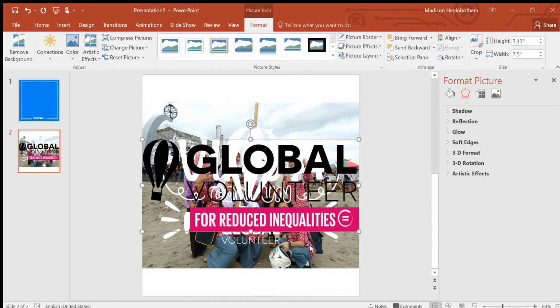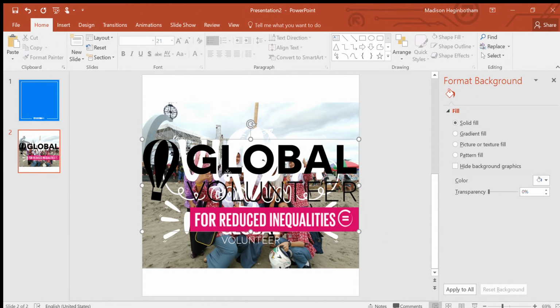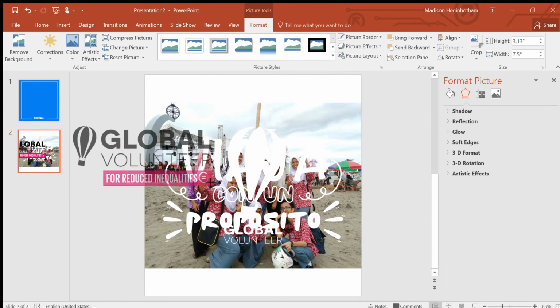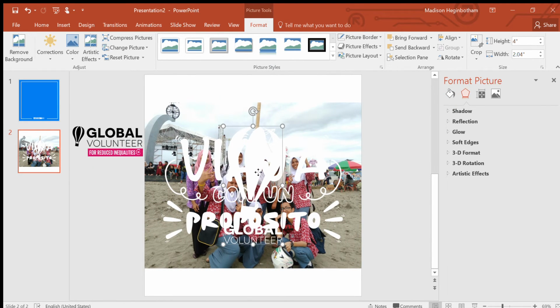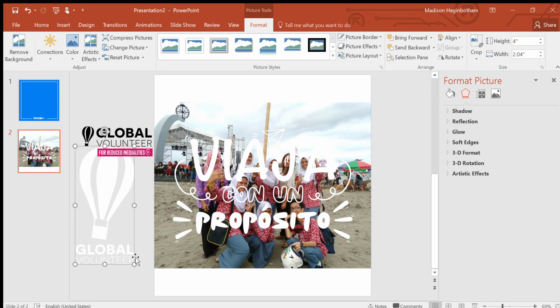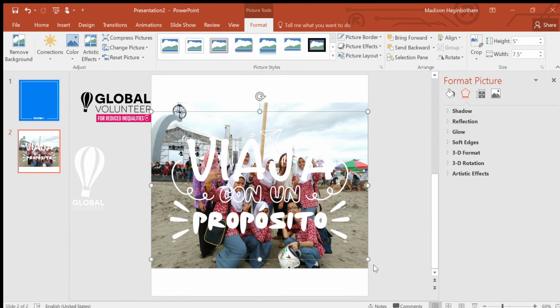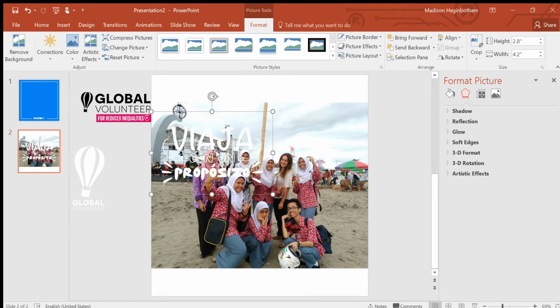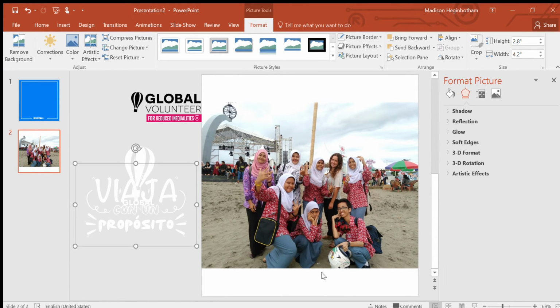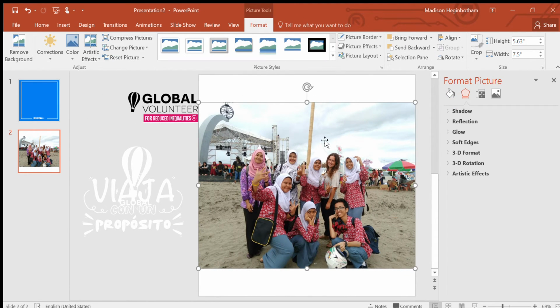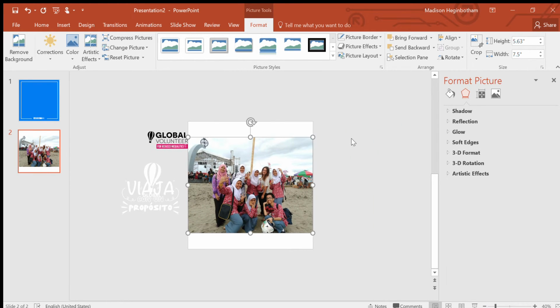It looks kind of messy just because I've grabbed all of the different logos that I might want to use. I'm going to play around with them to see what looks better. You can see here that obviously the photo does not line up with the background. I don't want to make the photo my background because I want to have the freedom to do whatever I want with my image. So I'm going to zoom out a little bit and